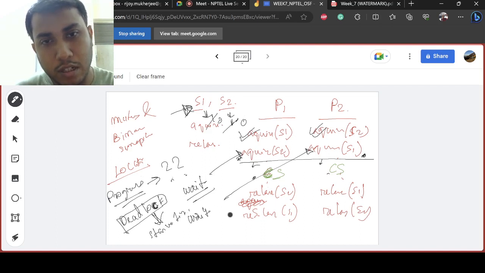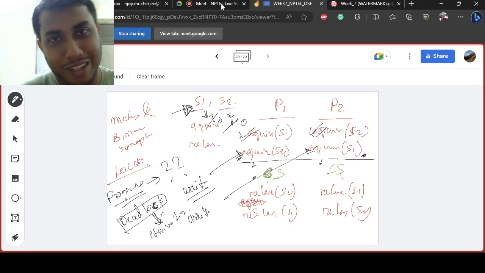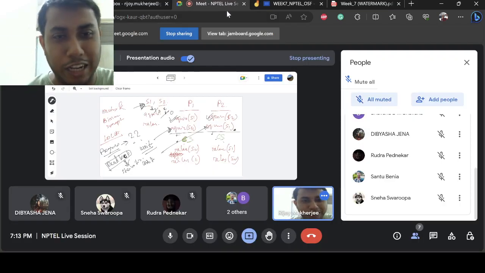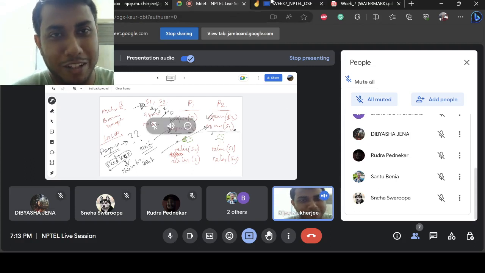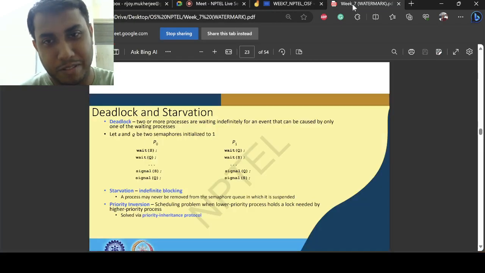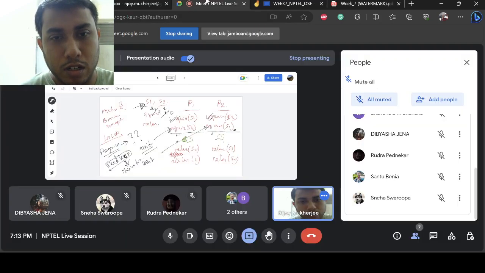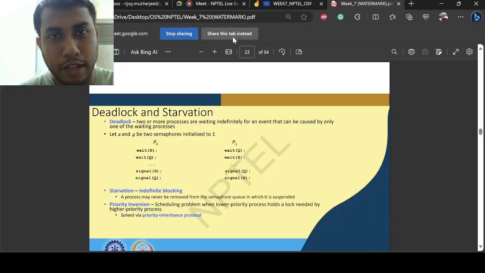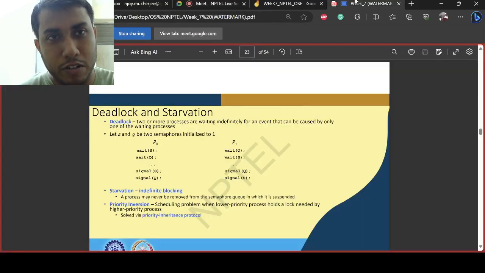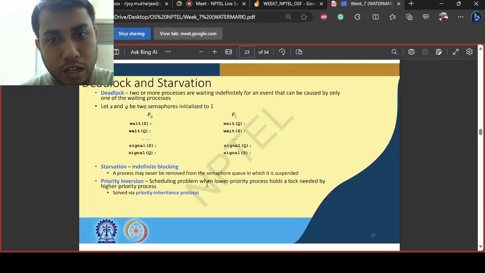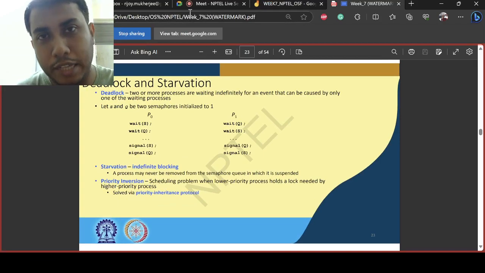And it gives rise to starvation, because both want something different and it is not available to them. So this is dead, it cannot move anyone forward, and they are basically starving for the resources that they need and don't have. Another example of this kind of deadlock or starvation is priority inversion, when scheduling is happening and